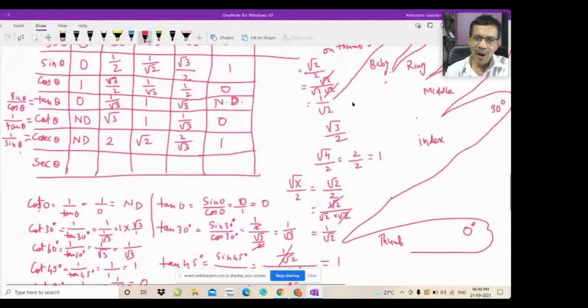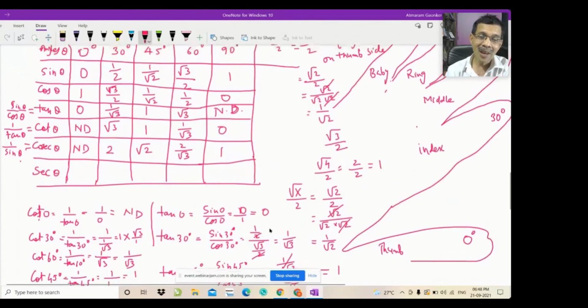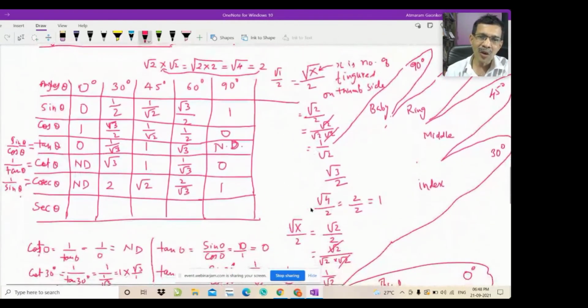Yeah, very good. And you see, I have explained this thoroughly because this is the first time that you are learning. But when you do it or repeat this, you will develop the habit of remembering this verbally or just by thinking in the air without noting down. So the last one is sec of theta, and sec of theta is 1 upon cos of theta. 1 upon cos of theta.